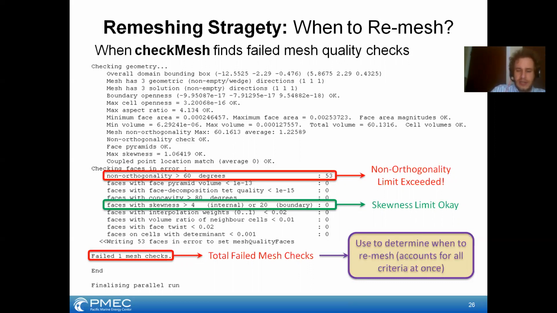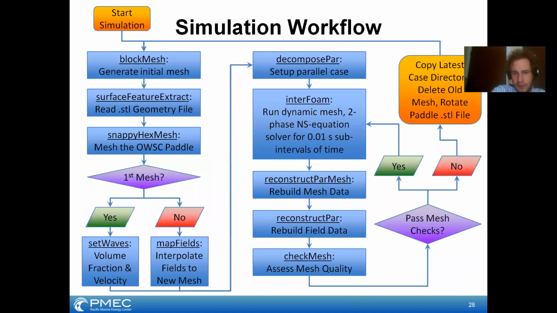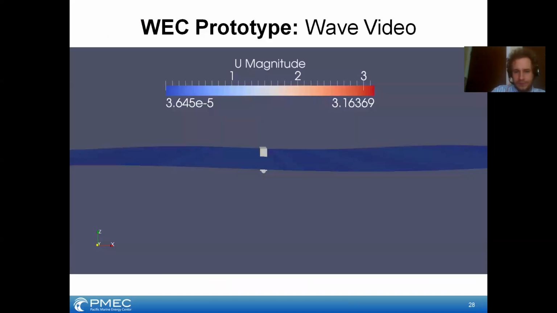So when actually doing the algorithm, check the number of mesh checks. So if you pass, keep going, go back to interFoam. If you don't, go back and redo the case setup phase and remesh, and this time you'd interpolate from the old to the new. And demonstrating our actual